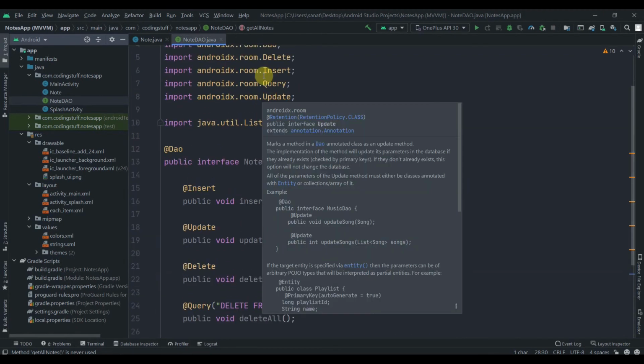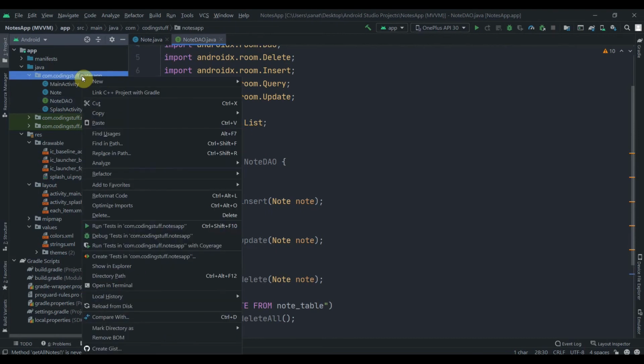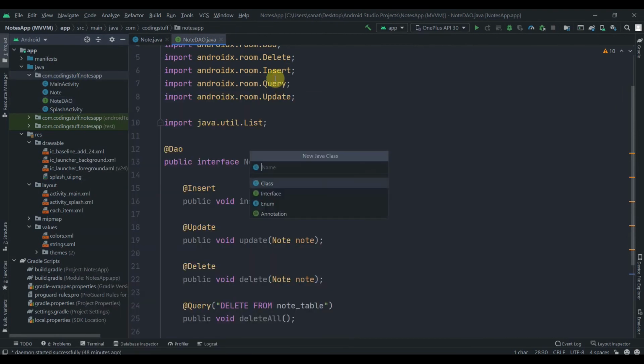Now we have our entity Note and we have our DAO. So now we will create another class for the Room database, which will connect all these different parts and create the actual instance of the database. So let's create a new class. Hit on your package, click on new Java class, and let's name it NoteDatabase.